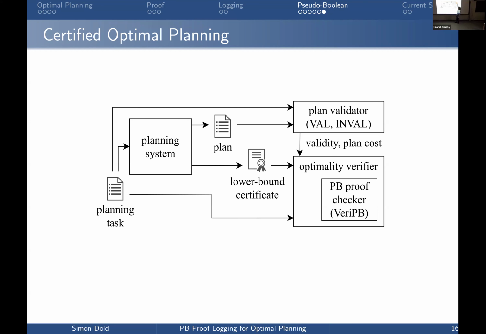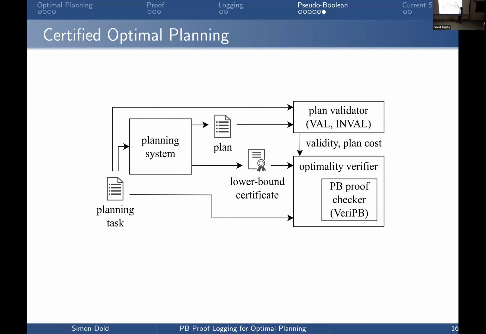But this wouldn't show me optimality. So what we want to add is that the planning system also outputs this lower bound certificate, and then we would forward this certificate,